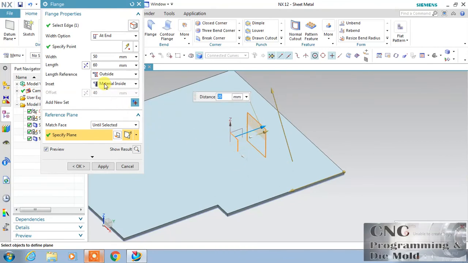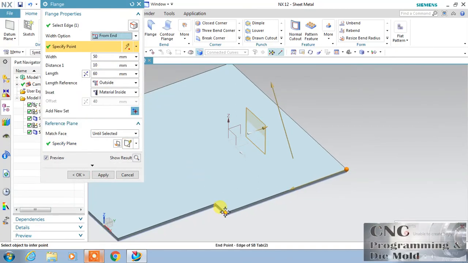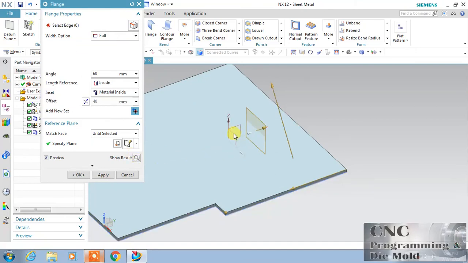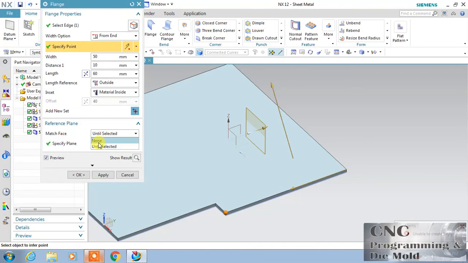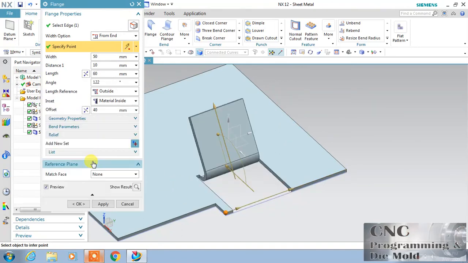Or we can change this point to this point. Unable to create. So this plane is not working right now. We will see later on.